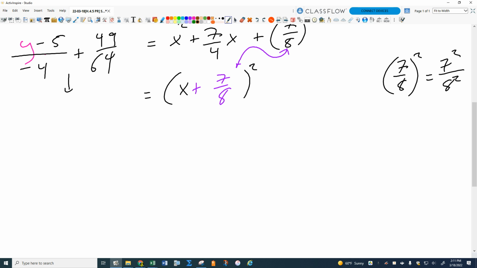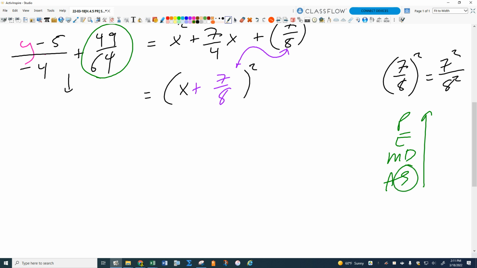I mean, I could. I'm going to have to eventually multiply by -4, but if I'm using inverse operations, I don't get to undo multiplication or division until after I do addition or subtraction. Is there anything I need to add or subtract to both sides? Ah, there you go. Good. I've got to subtract that, don't I? I've got to subtract that away from both sides. Everybody see that? So there's step one. I'm going to subtract